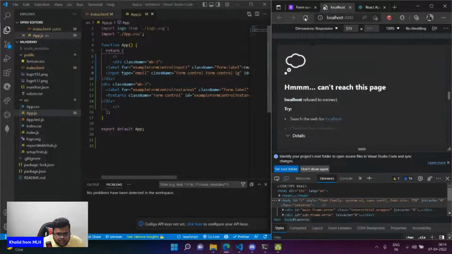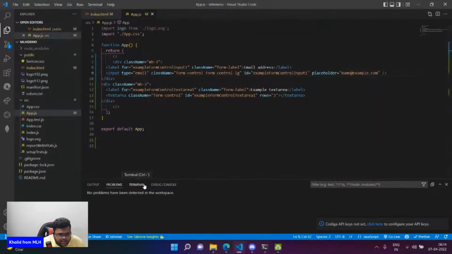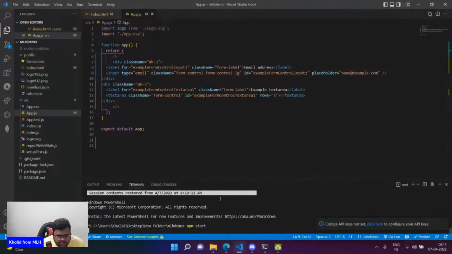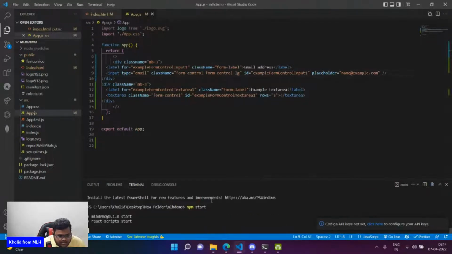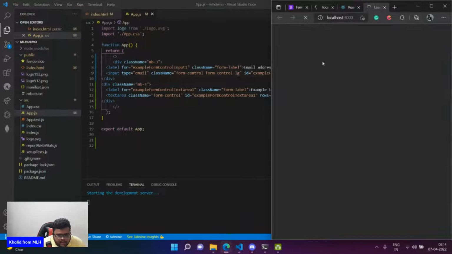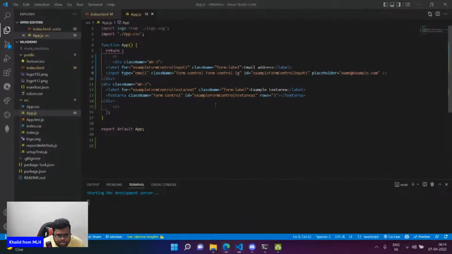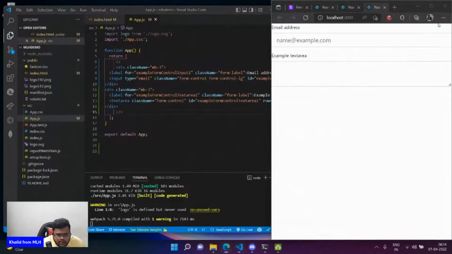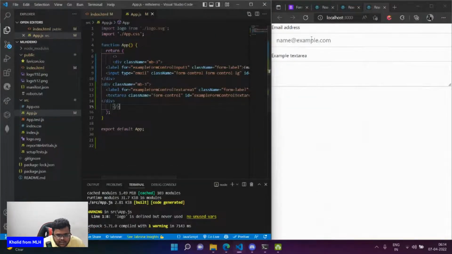Okay, I cannot reach the place, I guess. Okay, I have to npm start again and once again do it because I closed VS Code. It should work now. Just give me a second, I'll open it on the local development server. As you can see, since I have given it a large text here, it is giving me a large input